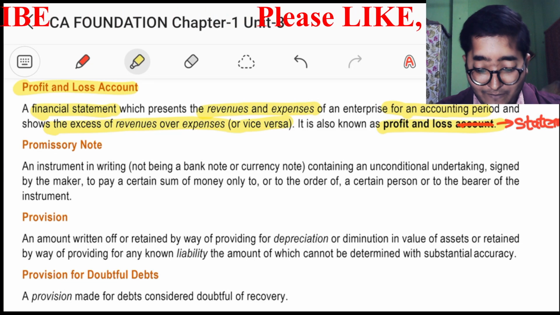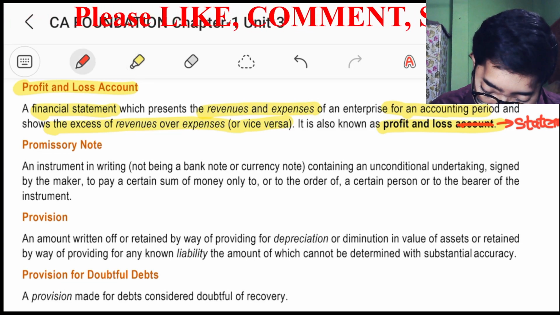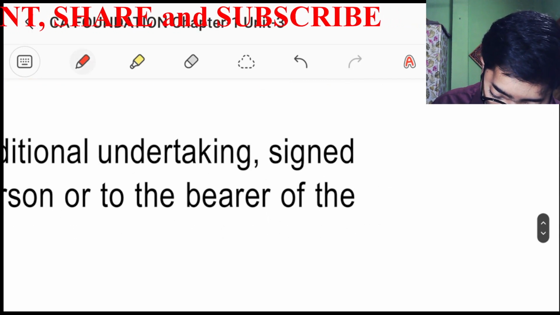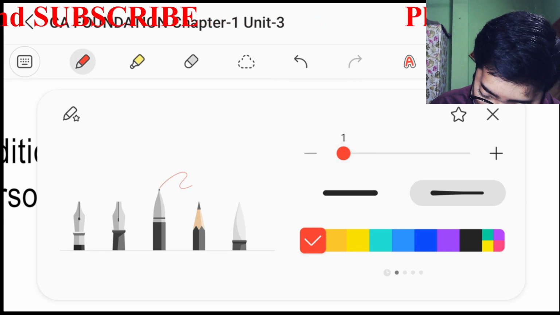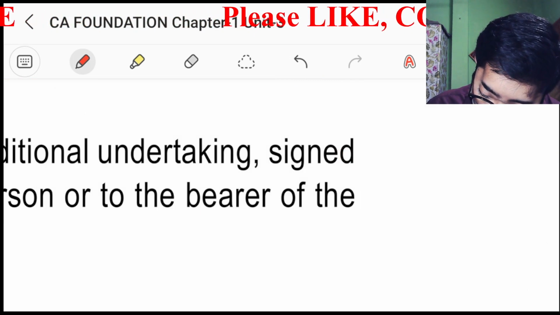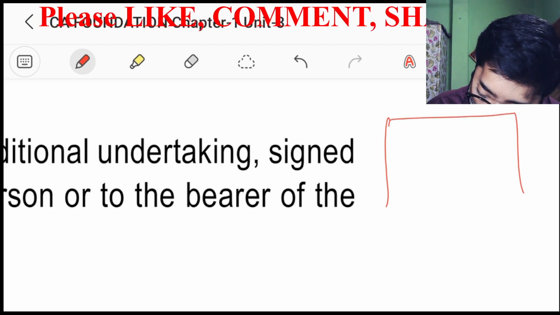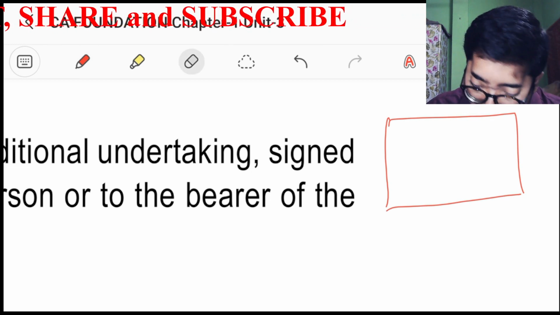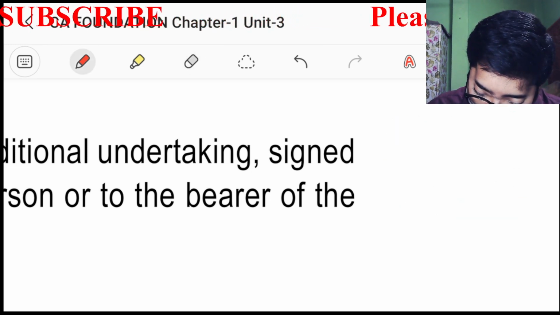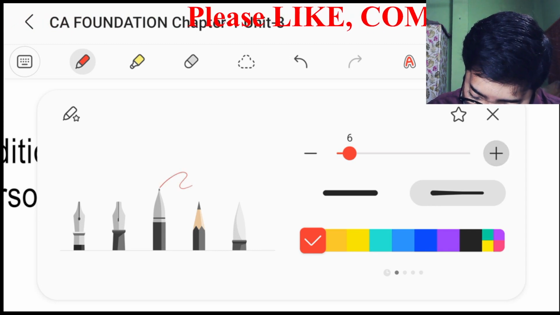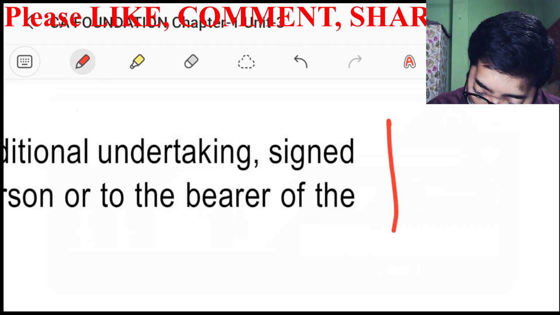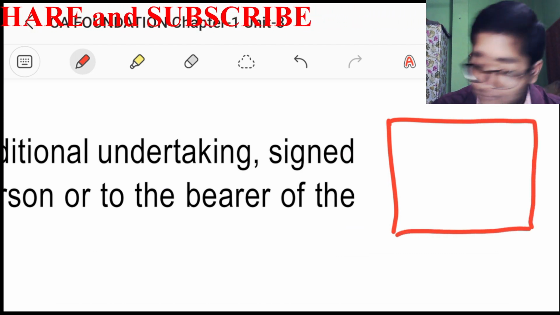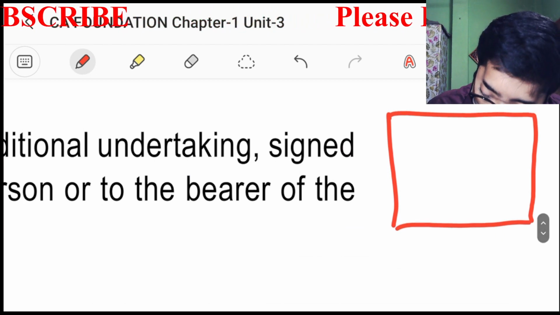So I must give an example. Let me draw up an example over here. So yes, for example, this is a promissory note. Let me do it again. For example, this is a promissory note. I am making this promissory note. So in this case, I would write over here